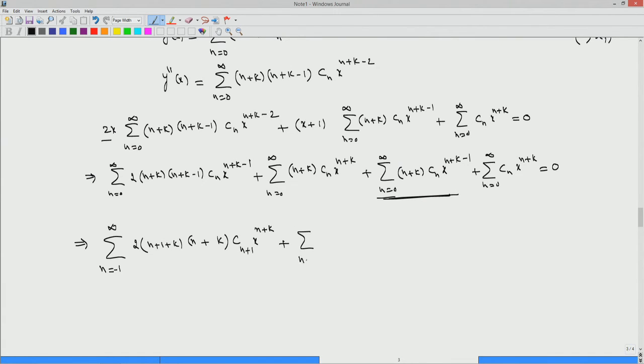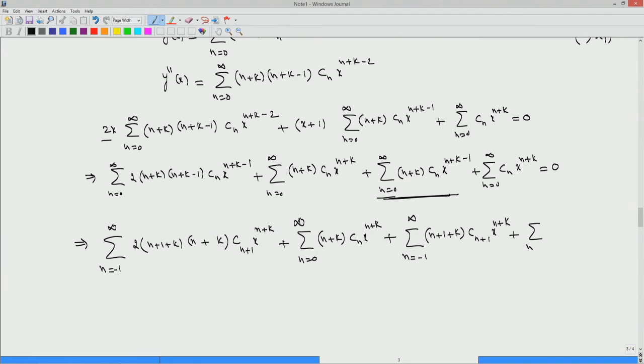So, this is already in the powers of x^(n+k), so you write it as it is: (n+k) c_n x^(n+k). Similarly here, you change the index. If you put n equal to n plus 1, this will become x^(n+k), and n plus 1 equal to 0 means n equal to minus 1 to infinity, (n+1+k) c_(n+1) x^(n+k),